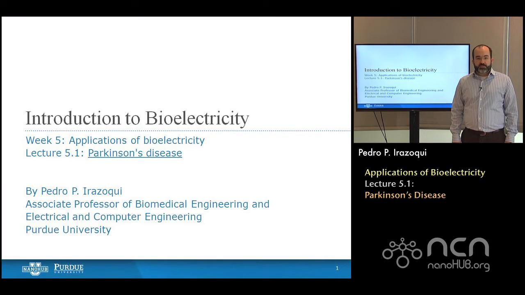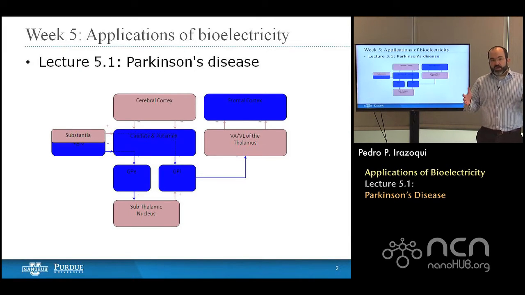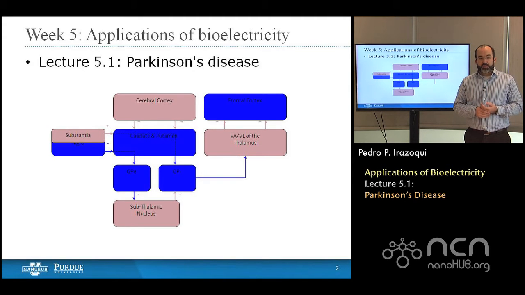Hello and welcome back to week 5 of NanoHub U's Introduction to Bioelectricity. In the preceding 4 weeks, we've begun with, in week 1, anatomy and structure of the nervous system through the derivation of the Nernst equation, describing how electrical potentials or resting potentials are generated in neurons. In week 2, we talked in a little bit more detail about ion channels, neurotransmitters, and how neurons communicate between one another. In week 3, we began diving into mathematical models that describe the electrical behavior of signals in cells.